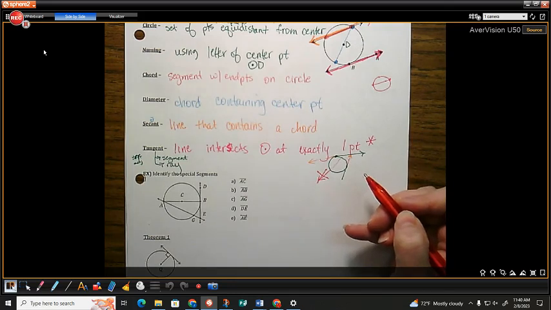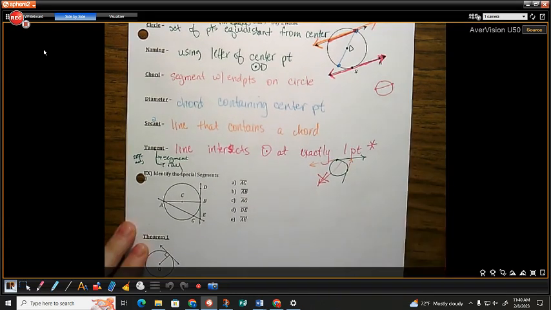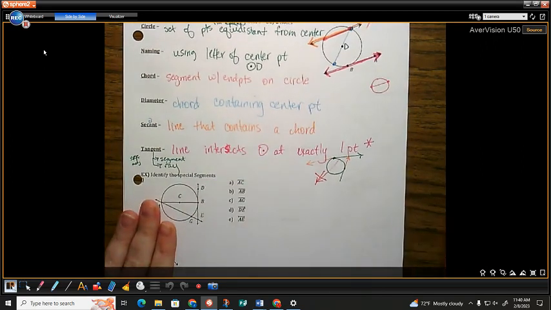Yeah, because it only does it once. And so it gets its own fancy math name. The point where a tangent touches the circle, what could we call that? Tangent point. The tangent point would be great. That's what I voted for. But they decided it didn't sound fancy enough, so the point where it touches the circle is called the point